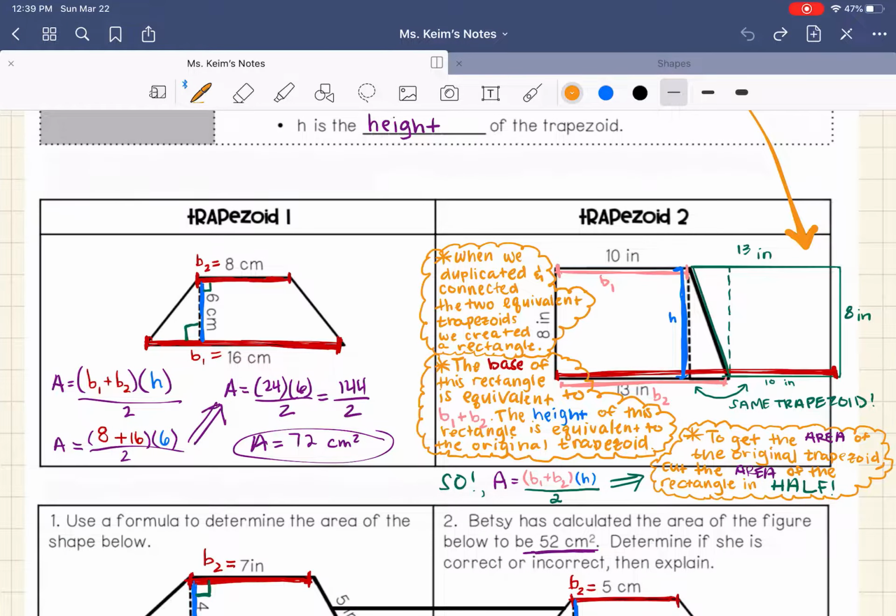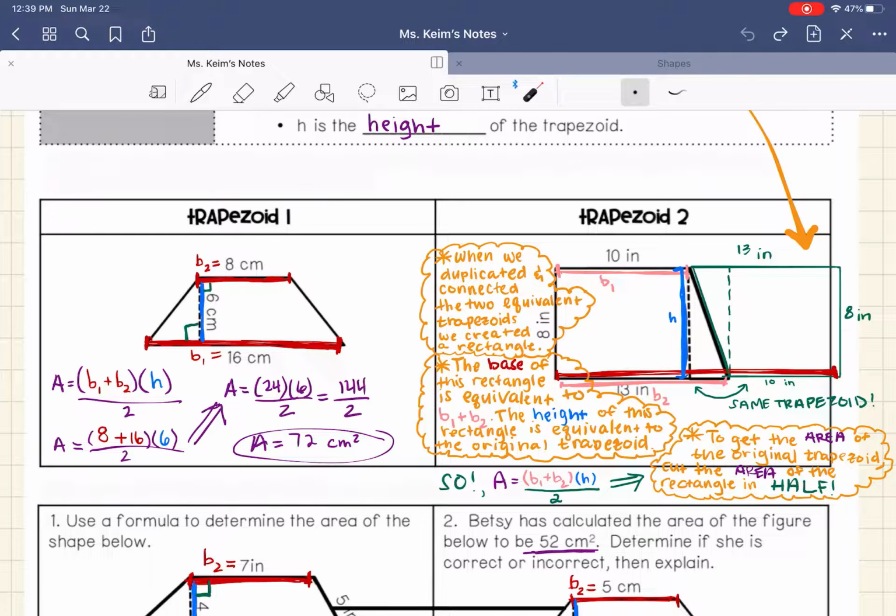And I have all of this written on here for you to look at again. So if I have this trapezoid right here, once again, our area formula is base 1 plus base 2 times h divided by 2. So I've labeled everything. My base 1 is 16 centimeters. My base 2 is 8 centimeters. So I did 8 plus 16 times our height, which makes that 90-degree angle. So times 6 divided by 2. I simplified. So we have 24 times 6 divided by 2, which is 144 divided by 2, which is 72